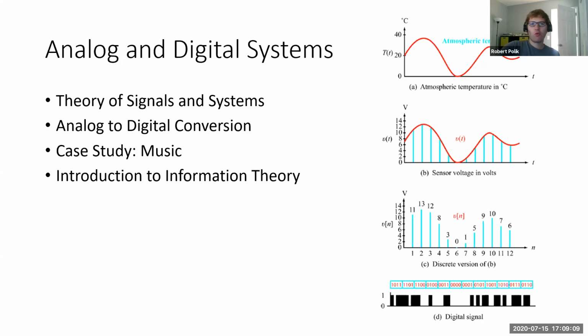So once we have a working knowledge of that, we can actually properly do analog to digital conversion. And I have a small little example of analog to digital conversion here, where we have your analog atmospheric temperature signal. We measure the sensor, what it says in terms of voltage every X number of seconds. You get a still analog but discrete measurement. And then you convert it to digital signal with ones and zeros, measuring any number between 0 and 16.